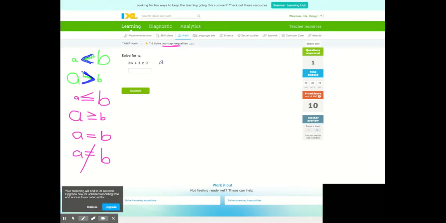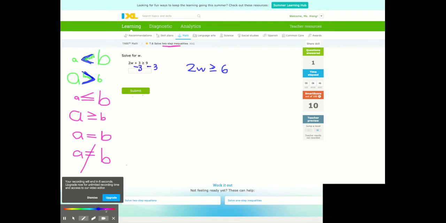All right, so now we have to solve for w. 2w plus 3 is greater than or equal to 9. What should we do? Subtract 3 on both sides. So we get 2w is greater than or equal to 6. Good. What's next? Divide by 2 on each side. W equals